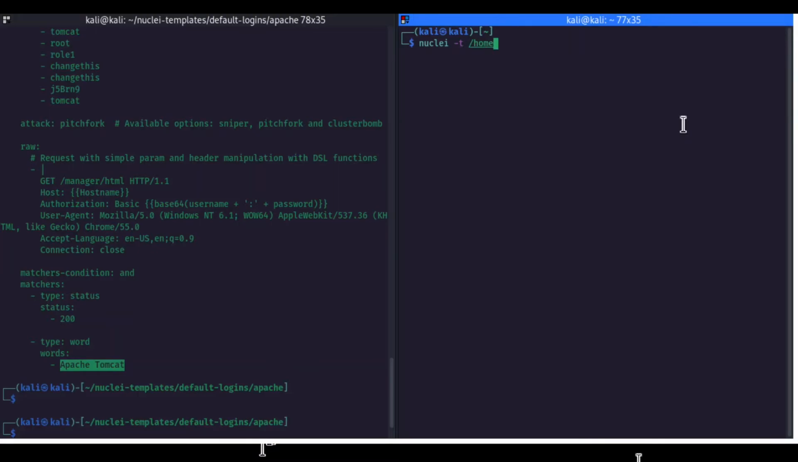So that is in home, Kali, in my machine, nuclei templates, and it is going into default logins and going to Apache. And then we are using Tomcat manager. Okay. And then this is the template. This is a URL that we want to fire upon. So that will be HTTP 192.168.1.12 with the port 8180